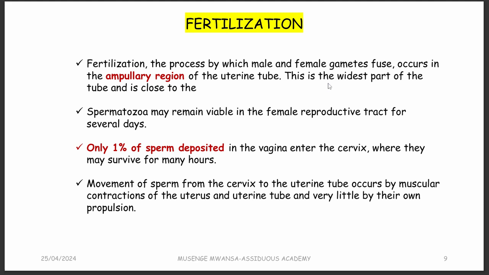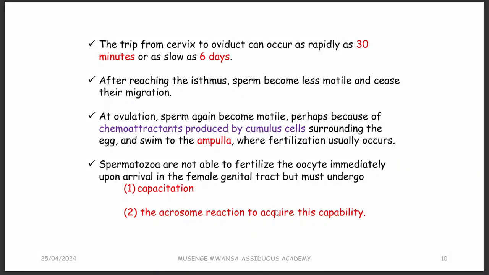Of all those sperms which have been released, only 1% of those deposited in the vagina is going to enter the cervix. And then they are going to survive there for several hours. Movement of the sperm from the cervix to the uterus occurs by the contraction of the uterus and the uterine tubes, and very little by their own propulsion. So the trip from the cervix to the oviduct or fallopian tube takes like 30 minutes, or can be very slow, up to